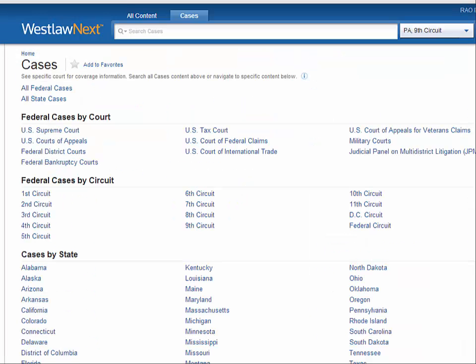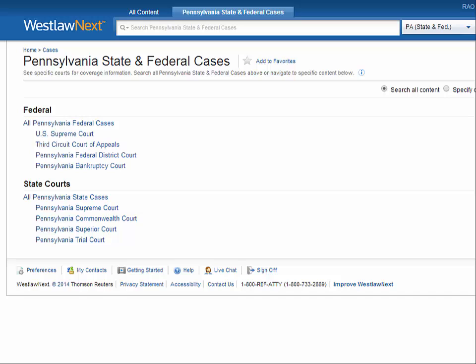At this point, we have numerous case law databases to choose from, including federal cases by court, federal cases by circuit, and cases by state. If we choose a specific state, like Pennsylvania, we get options for Pennsylvania-related federal cases, as well as Pennsylvania state cases. Courts include U.S. Supreme Court,